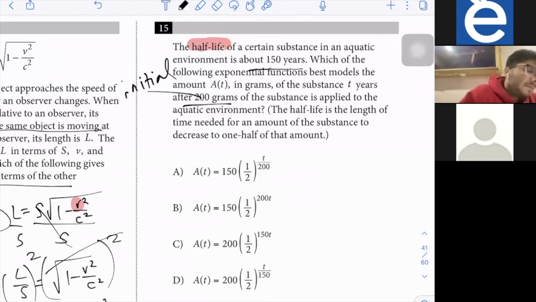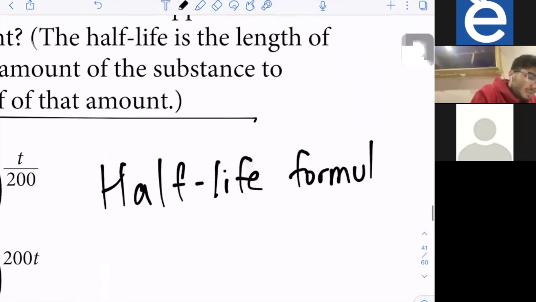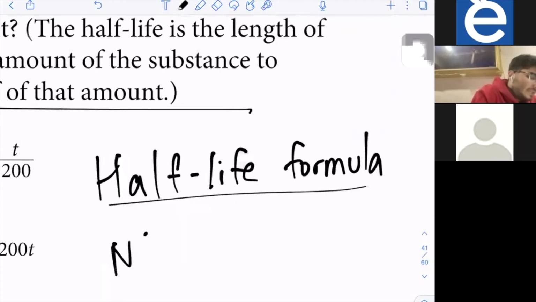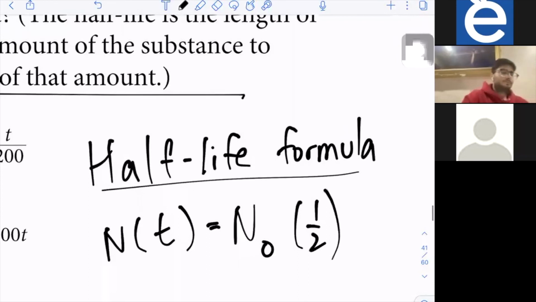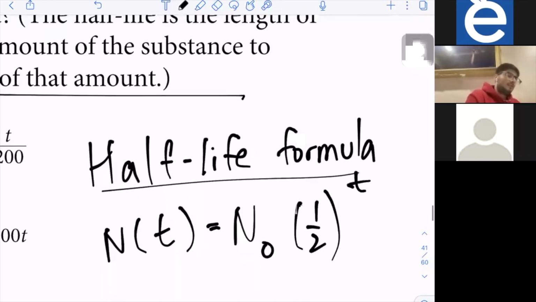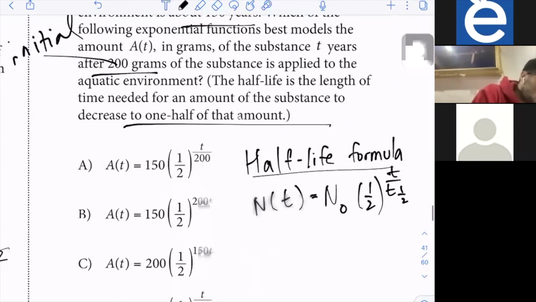So to keep that in mind, the half-life is the length of time needed for an amount of the substance to decrease to one half of the amount. Sorry. So basically, the best way I would use this is by using the half-life formula. I remember I learned it in algebra 2. Half-life formula, which is basically N of t is equal to N initial, times 1/2, raised to the t over the half-life, and t is the time. So you do N of t,